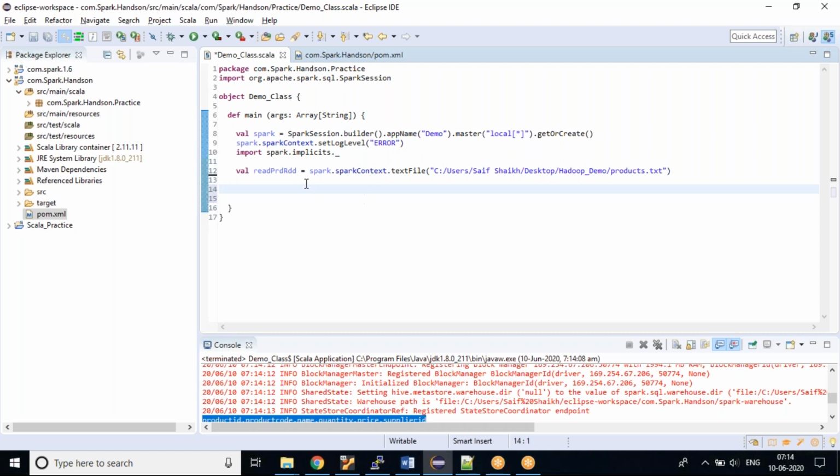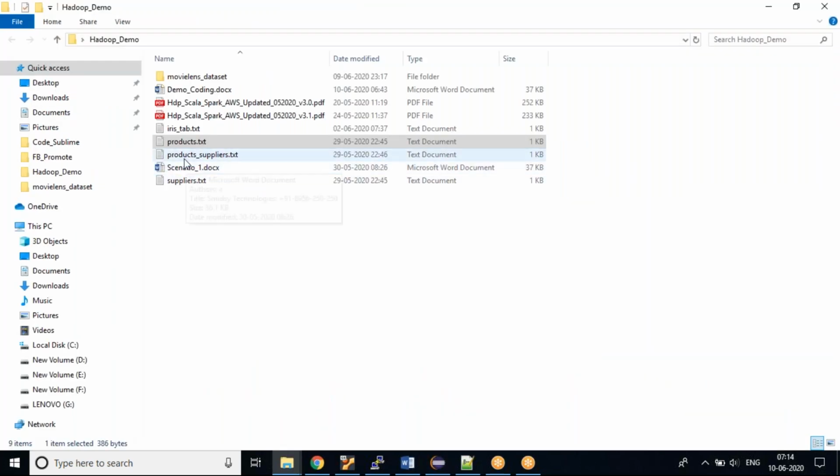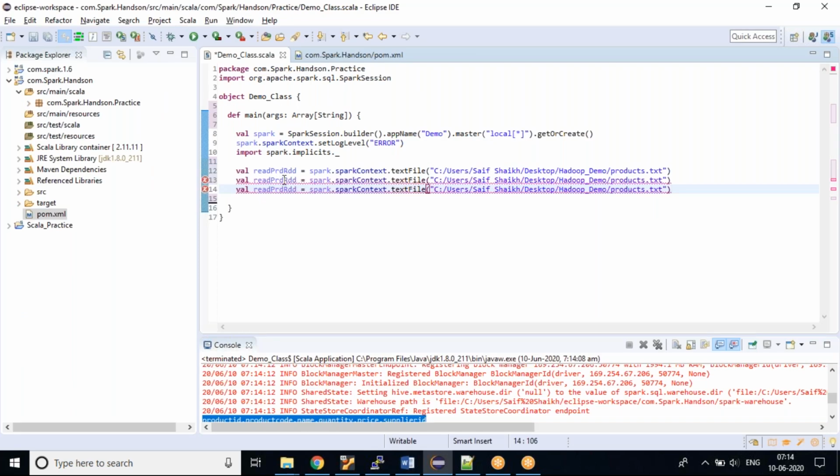What I'll do is read all the three files in one go so that my code looks neat and clean. So what are the three files? The three files are products, suppliers, and products underscore suppliers. Here I'll change the name so that the second is suppliers and the third file is products underscore suppliers.